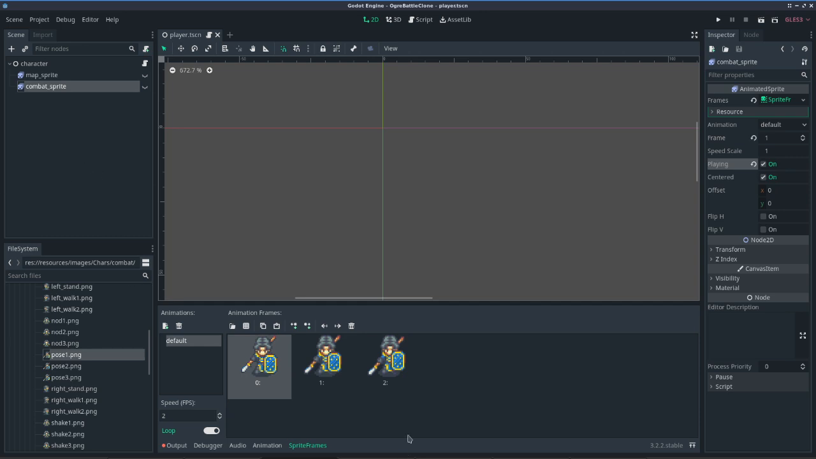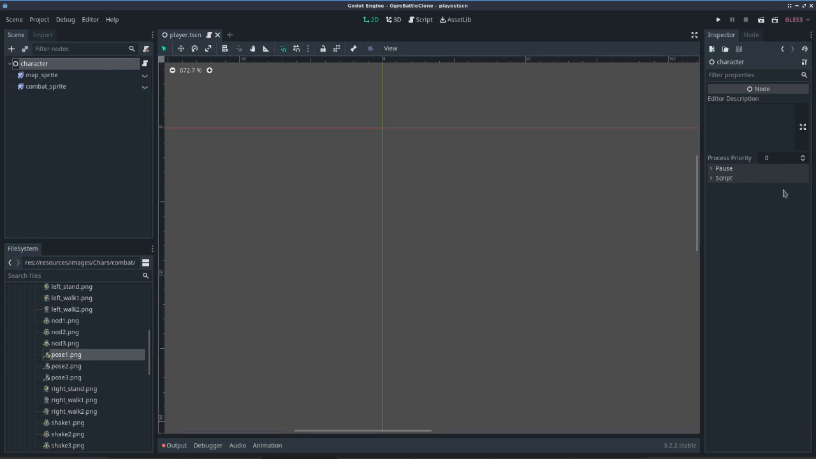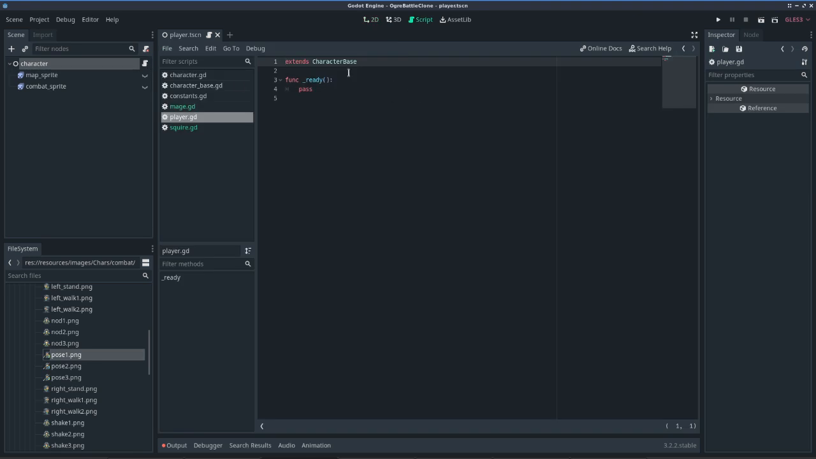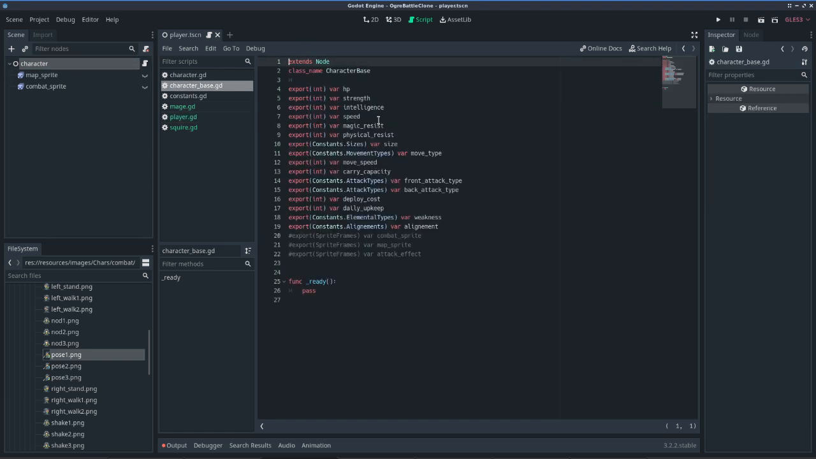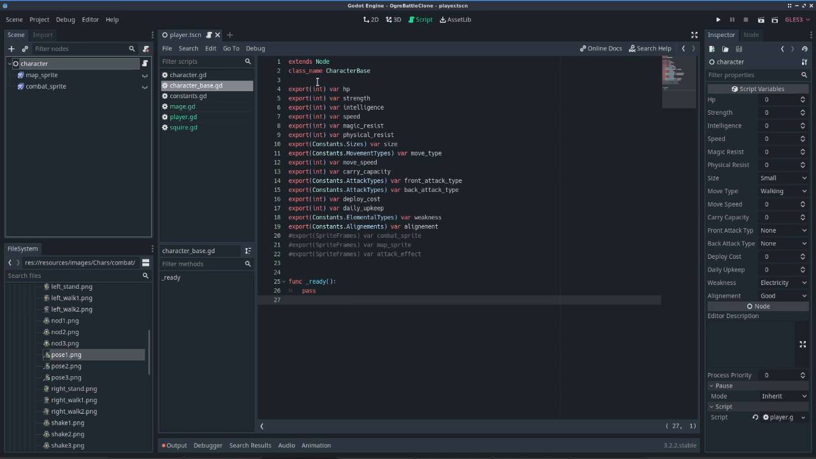And yeah. So now I have the player. What? Extend character base. Yes. Where are all my exports? Oh, okay. So there was an indent here that was not needed. Okay, so